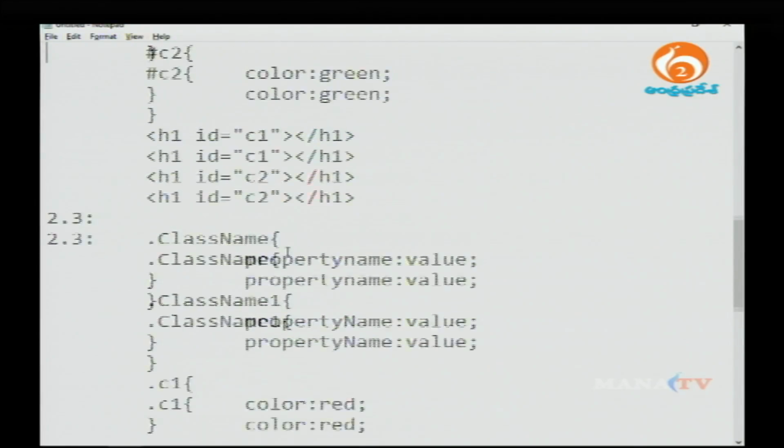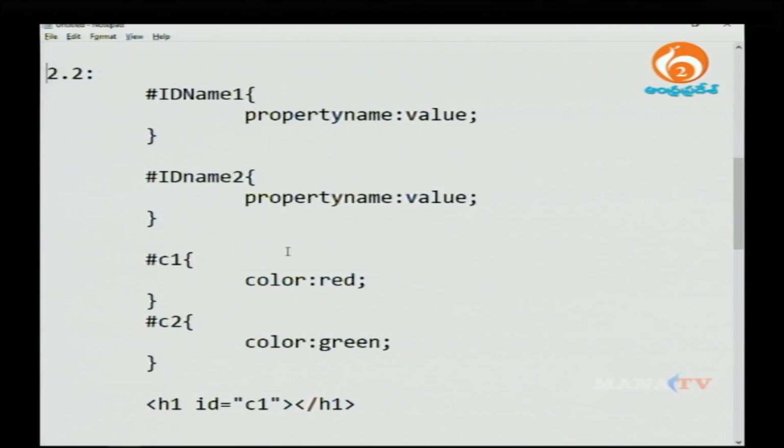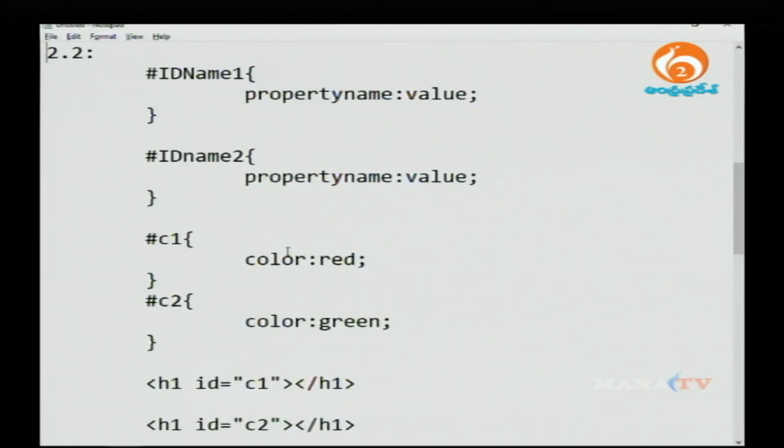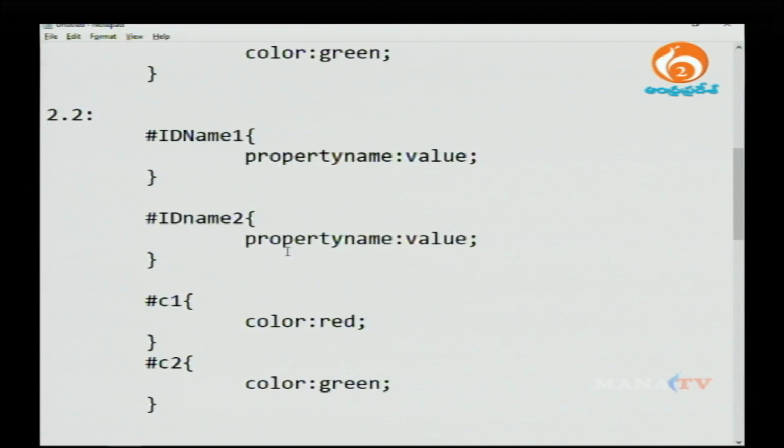Most people will get confused here. What is the difference between ID and classes, right? The recommended way is to use the class, but don't use ID here, because class is one of the important things which you can apply to the CSS. With ID, you will get confused here. What is this ID? Because ID is one of the important things which basically gives an ID for a particular element in HTML, that when you come to the next session you will